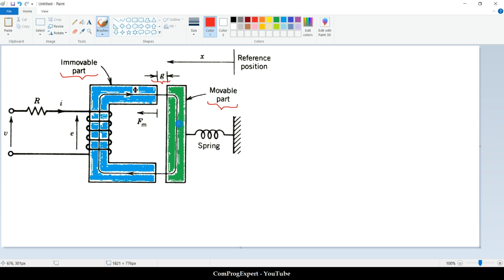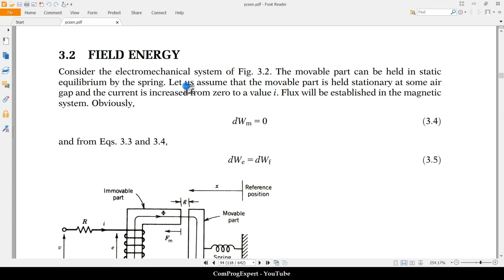When this part moves to the right or to the left, the value of the air gap changes. Here you can see the reference position. Also, we can measure the movement of this part considering this variable gap or this reference position. No difference. Let us assume that the movable part is held stationary at some air gap